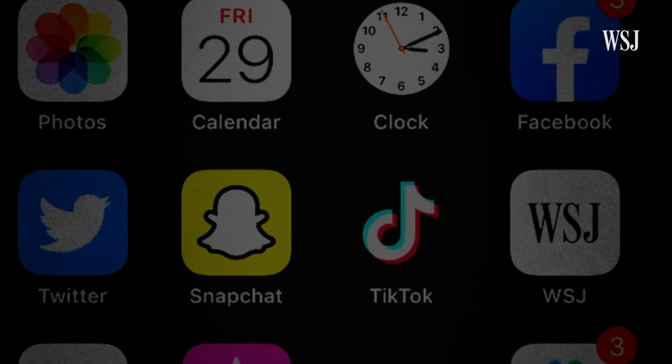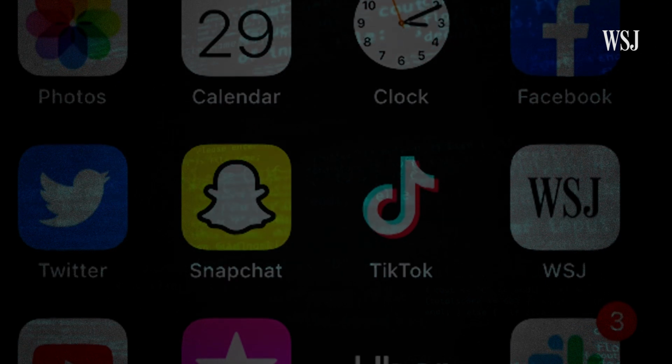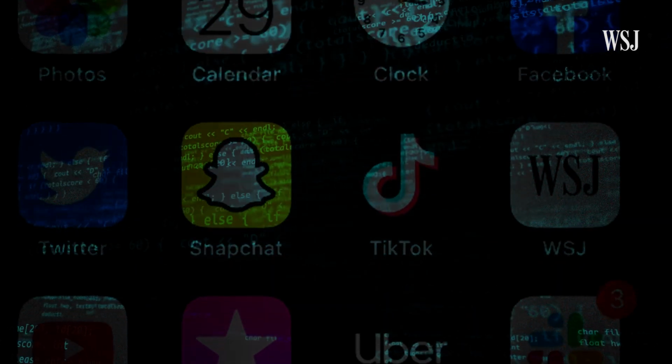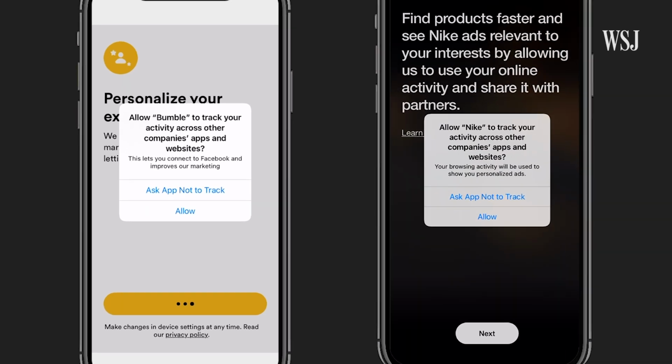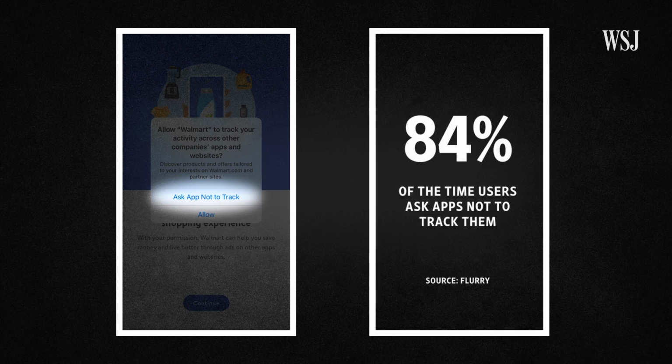And while the change gave Apple users more control over their data, it may mean that you'll be paying more for stuff, whether you use Apple products or not. Here's why. First, here's a number for you, 84%. Even though apps have a chance to explain why they want to track your activity, users are asking apps not to track them about 84% of the time now that they have the option to opt out, according to app